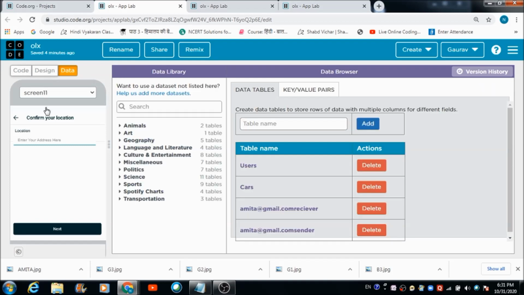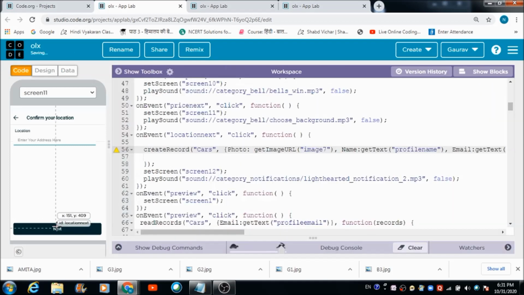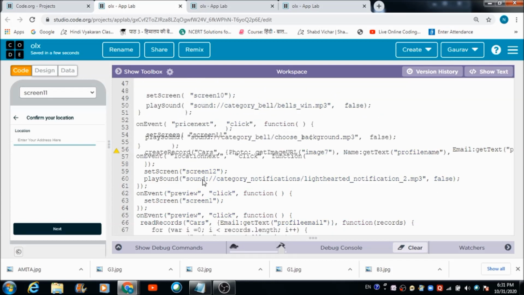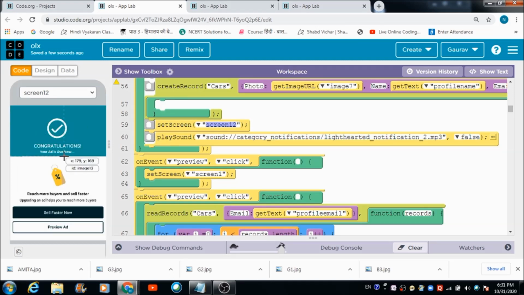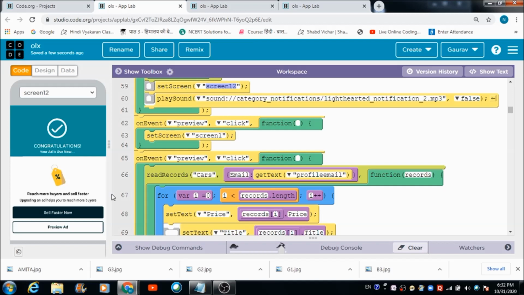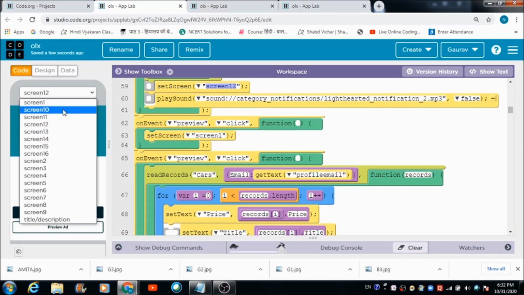Now let's come back to the coding part, and when the user hits this button location next, on which screen is he going to get redirected? As per the code, he is going to get redirected to screen 12. Now let's come to screen 12 and check out what is going to happen. Here we are going to intimate the user that the ad has been published successfully. So in order to preview his ad, the user can tap on this button, preview, and he is going to get redirected